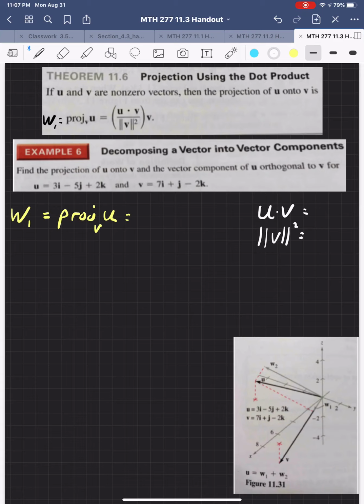I've already done magnitudes with you. So I'm just going to go ahead and give you those answers. So u dot v is equal to 12. And the magnitude of v squared is 54. So this ends up being 12 over 54